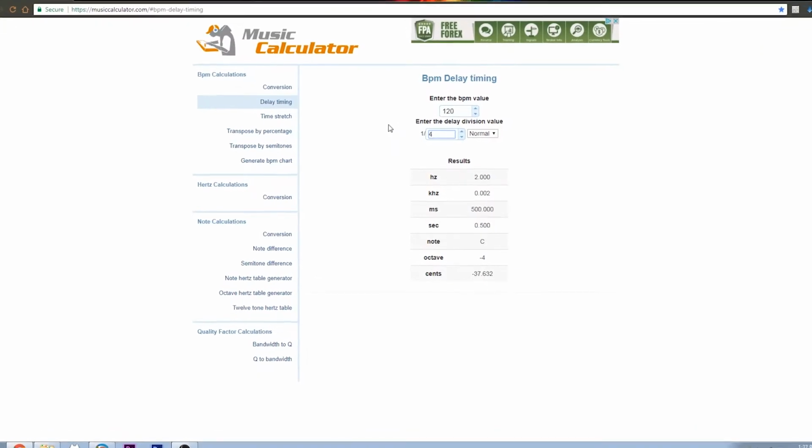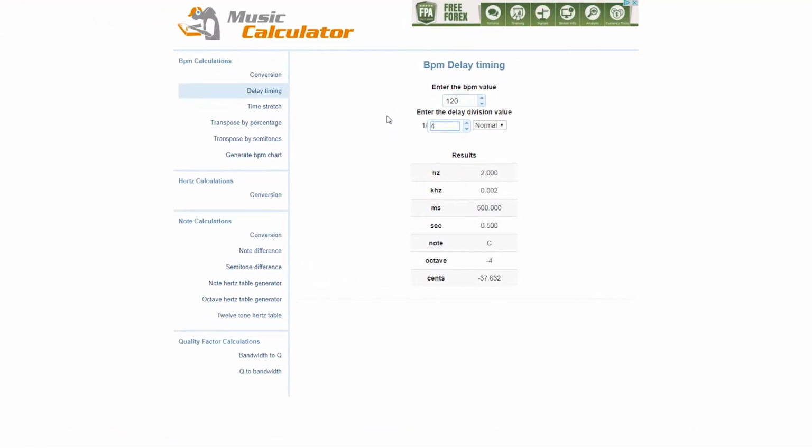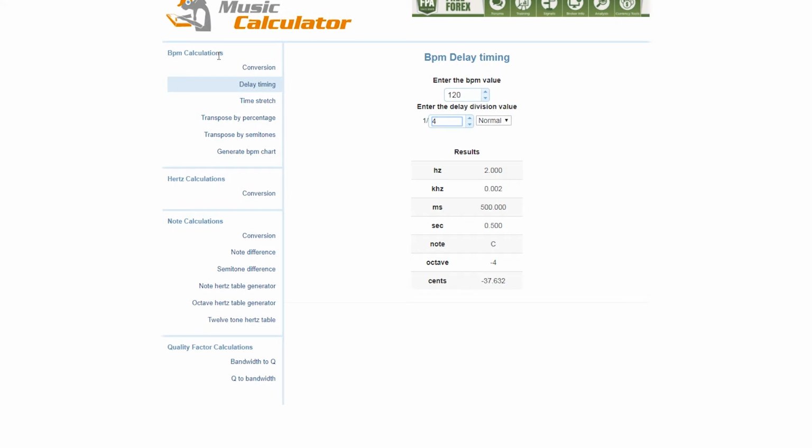The website is called musiccalculator.com, and there under BPM calculations you select the delay timing, and here on the right you can enter your BPM value, and after that you enter the division value you want. As you can see, it defaults to a 120 BPM and a quarter note division value. In the example I'm gonna show you, the song is in the tempo of 128, so let's type in that,